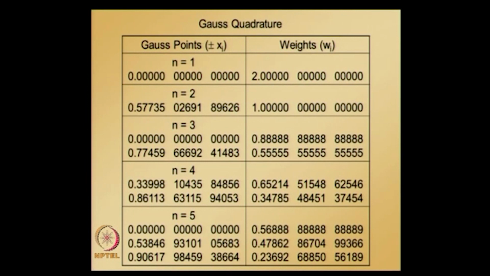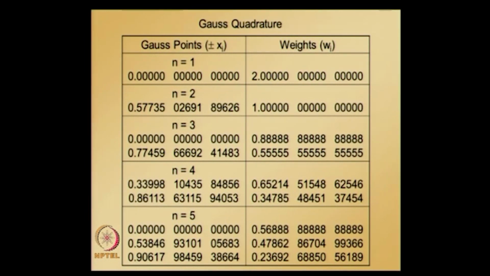So that is how you can read this table to get integration points and weights. Once you know the integration point, evaluate the integrand at the corresponding point, multiply with the corresponding weight, and sum up over all the points, then we get the approximate value of the integral. And here, for n is equal to 1 to n is equal to 5, the integration points, coordinates and weights are shown,